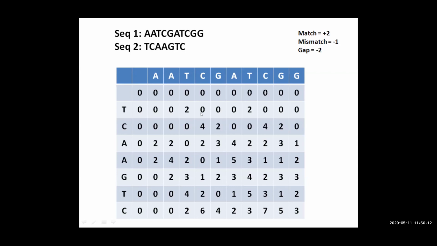Then come to the next. So it is again minus 2 here, so it will be 0. Here again minus 1, it will be 0 because it is a mismatch, so minus 1 will be 0. But here it will be 2 minus 2 is equal to 0. So from all sides it is 0, so it is 0. Clear? So like that, you can calculate it out. All these figures have been obtained. I have already calculated all these figures by following this procedure or this principle. Is there any question till now?